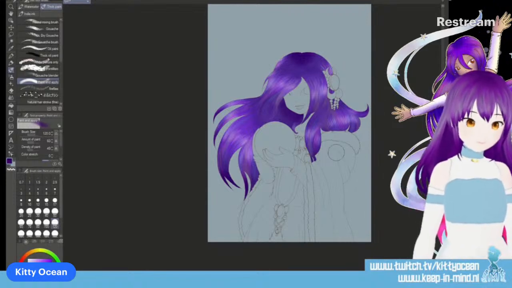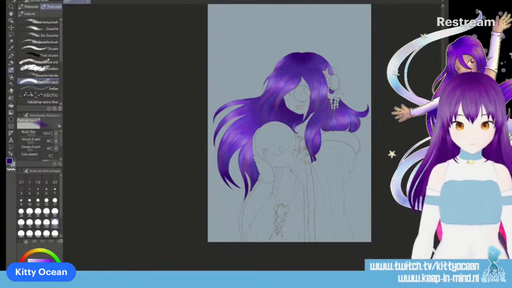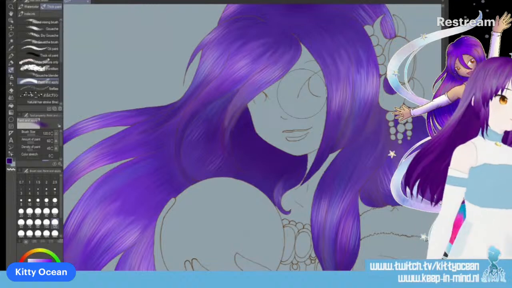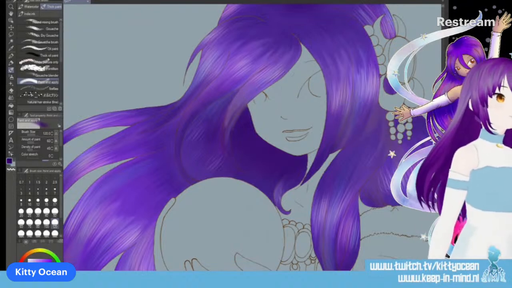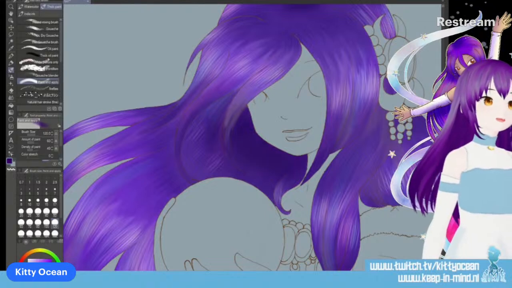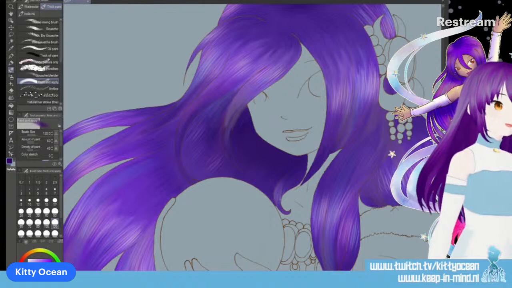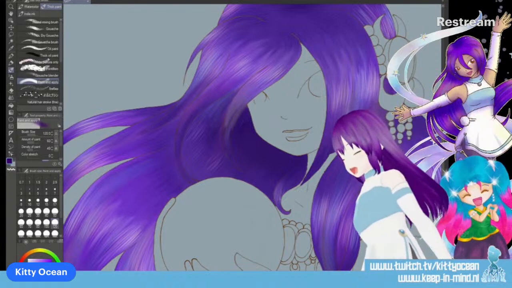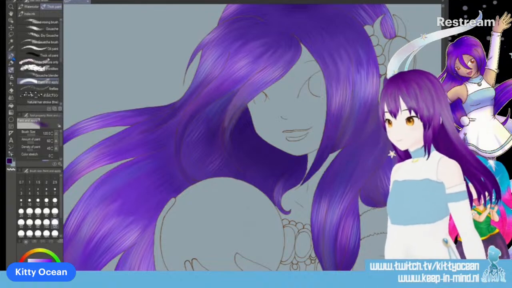Just the tips. There's something off here. Oh, that's trend. Okay. And I'm gonna hit darken again. Multiply actually. And now what I need to do is hard shade. Just to get a bit of depth.